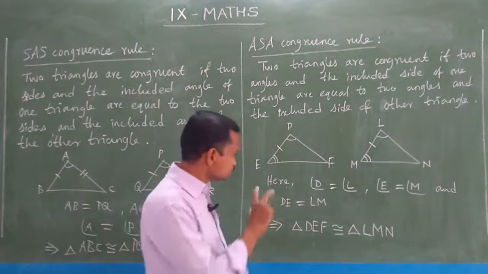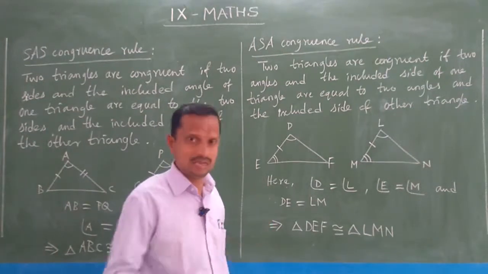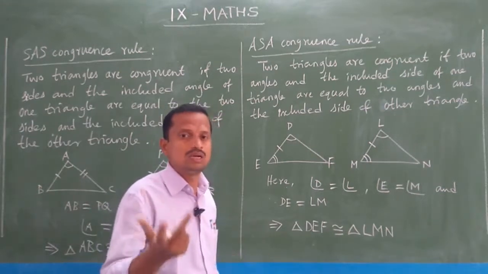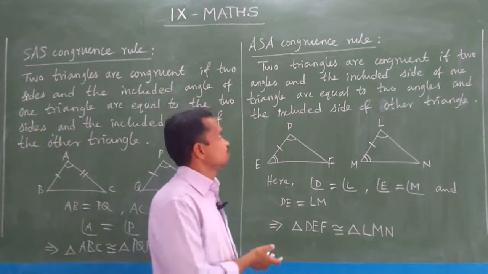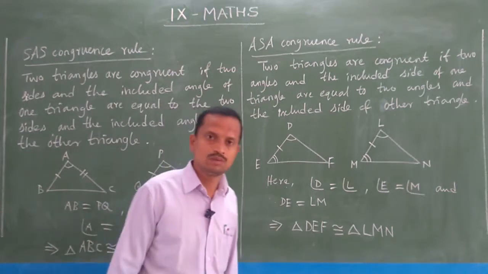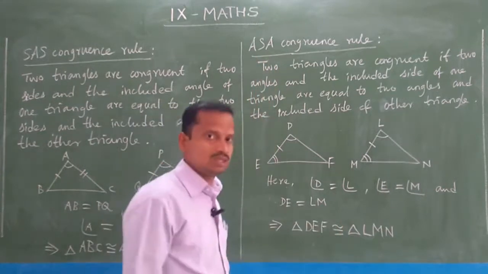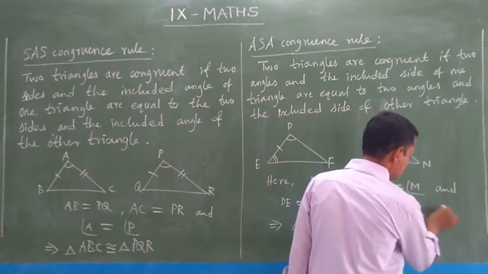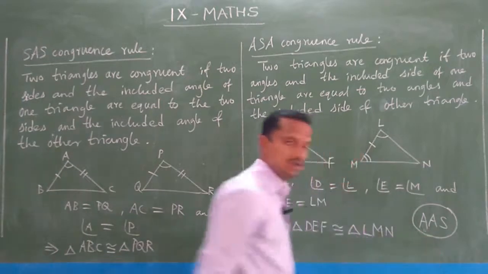So, now, if the corresponding pairs are equal, whether it is sides or angles, if they are equal, then we can say they are congruent shapes. So, here the shape is triangle. Okay. So, we have seen the two congruence rules, and now I already told you ASA, otherwise we can write as AAS also. So, after finishing this, this is another one I will tell you.